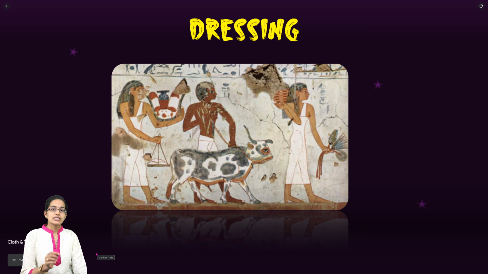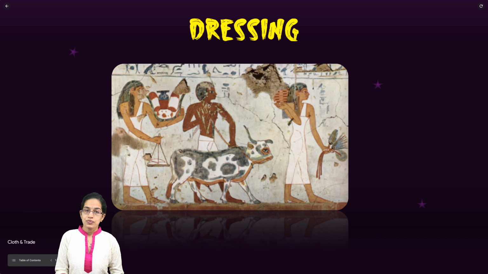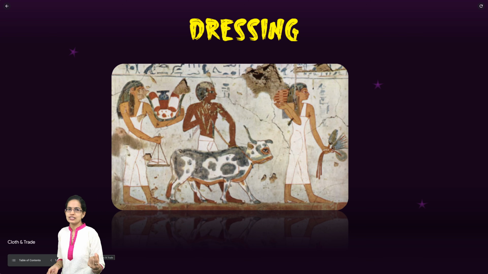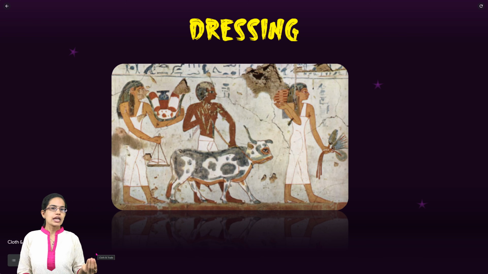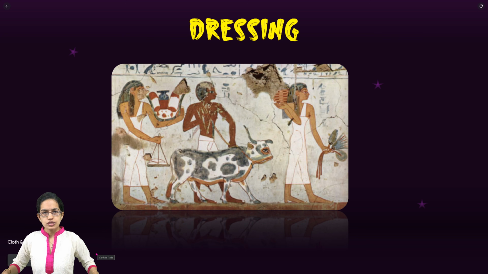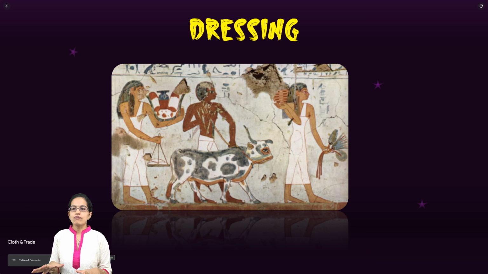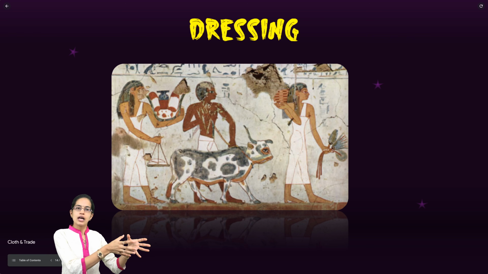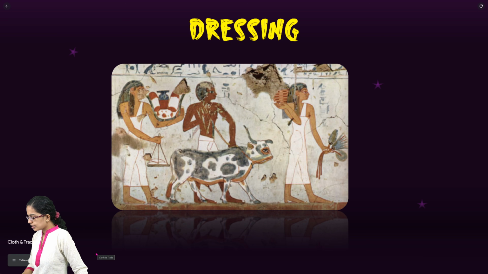The next important thing is the dressing. Now, the Egyptian civilization is known for the production of cotton. Across the globe, Egyptian cotton is considered one of the finest cottons. Linen was made from the cotton that was produced, and for men it was a loin cloth tied onto the waist, and for women it was a complete dress with a shoulder strap. That was mainly in white. So dressing was only in white. No colors were used with cotton. So cotton thread was made and white was the standard color that was used. So dressing became important.